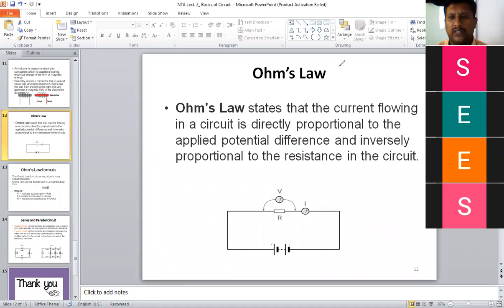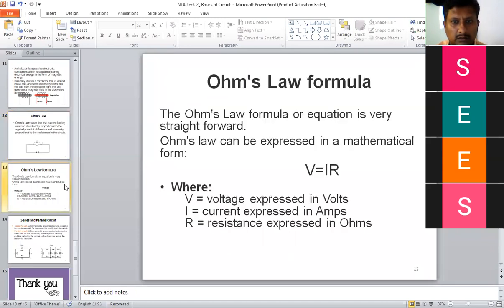Ohm's law is a very common concept we require everywhere in our subject. Without Ohm's law, it is difficult, so you should understand Ohm's law. Ohm's law is applicable for any component. It may be an inductor, it may be a capacitor, it may be any value. It is not like Ohm's law is applicable only for a resistor. It is applicable for any passive element or any element in the electrical circuit. Everyone understood now? Okay.